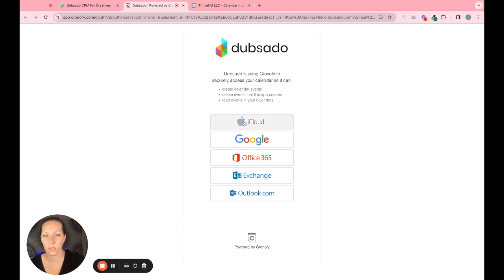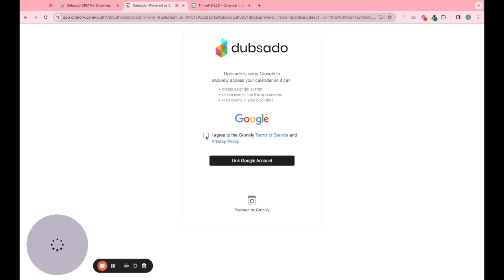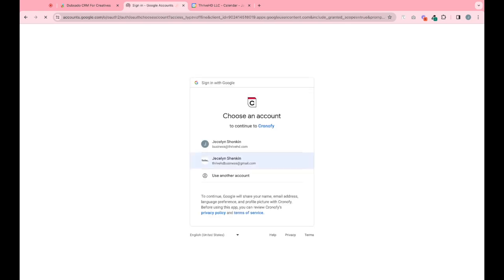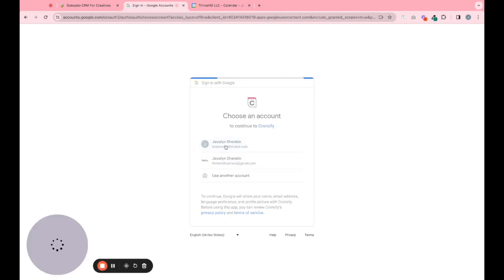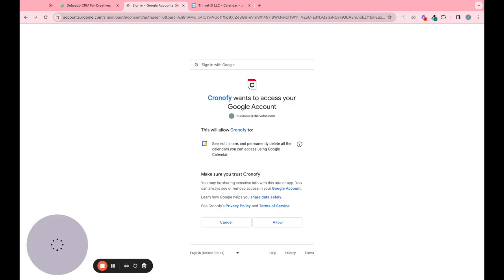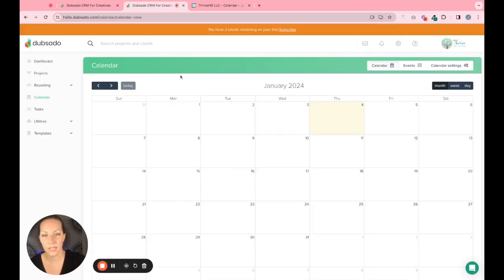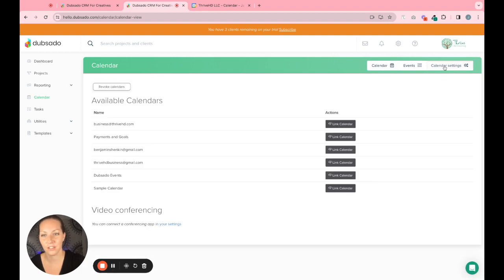I know I have clients who use iCloud, etc. So let me know if you want any app-specific tutorials here, because some of these you have to generate an app password and it gets a little bit tricky. So let me know if you want to see that. And right now I'll show you how to set this up with Google. Once you've logged into your chosen calendar, then you're just going to come back here to calendar settings, and then